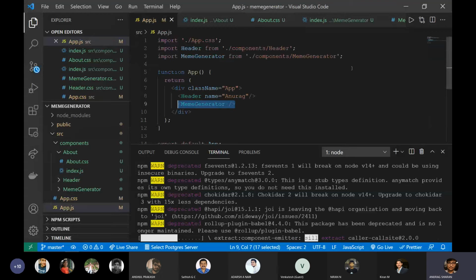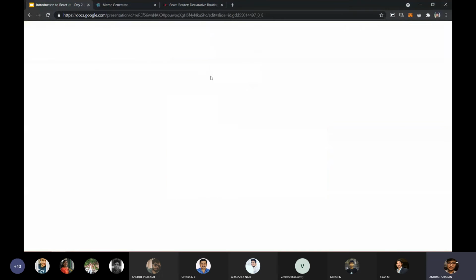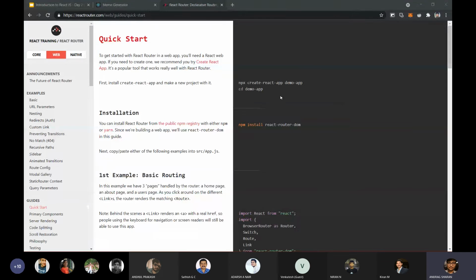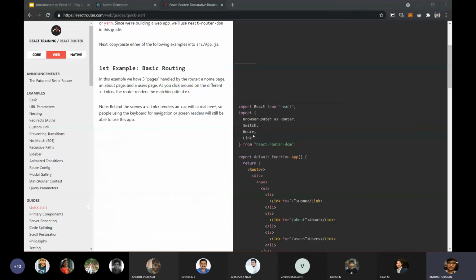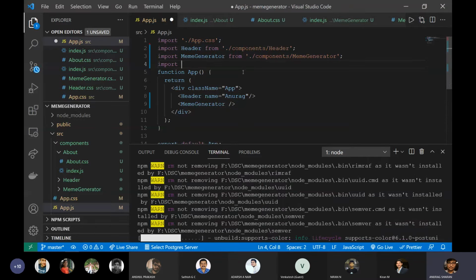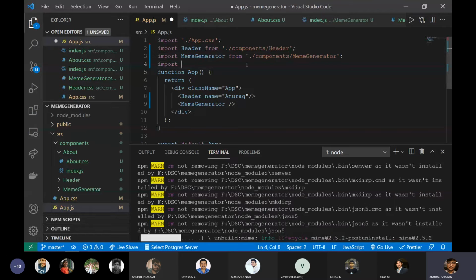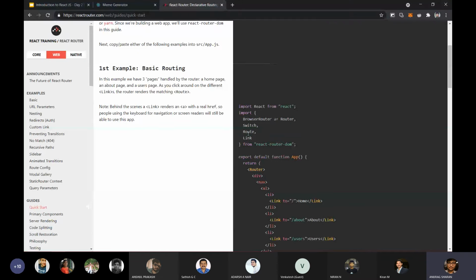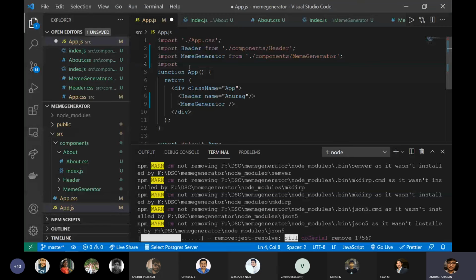And let's implement the routing here. It won't be visible on the page, but let's do it anyways instead of wasting time. So we have to import the different components from the React router here. First we need the switch and the router and the route. We don't need the link for now. Okay, we need the link, so we'll have the link as well. But we are displaying the links in the header, so we won't import the link in the app.js. I'll show you how. So we are just importing the browser router